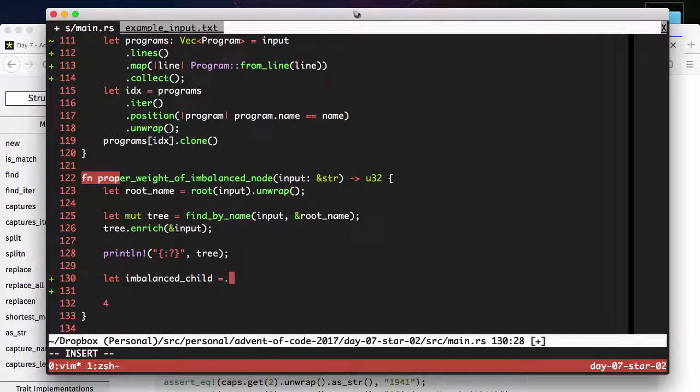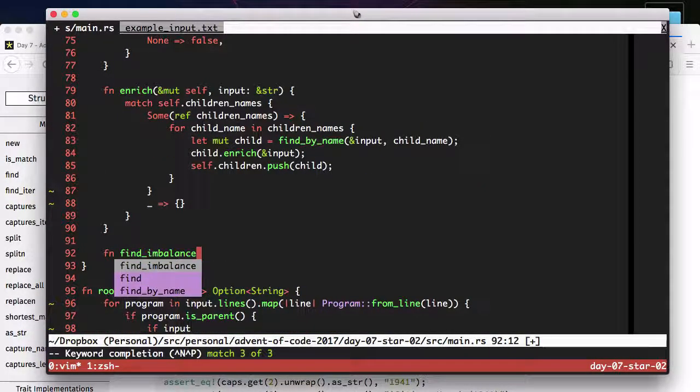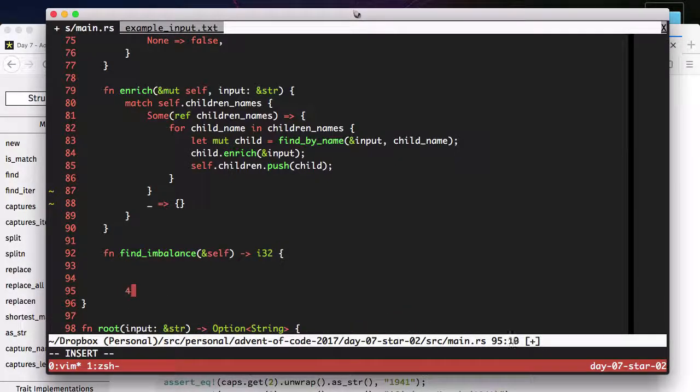We want to find, maybe do something like tree.find_imbalance. And then that can be an instance method, find_imbalance, self, i32, and that'll return 4 for now. But we want to do something like